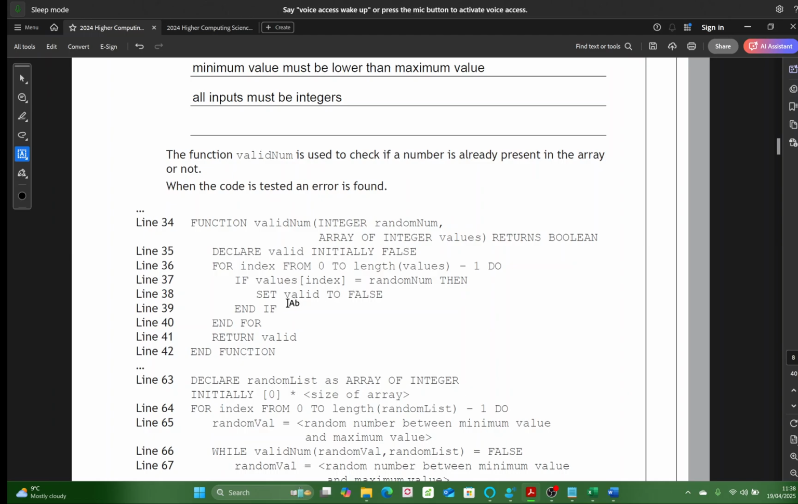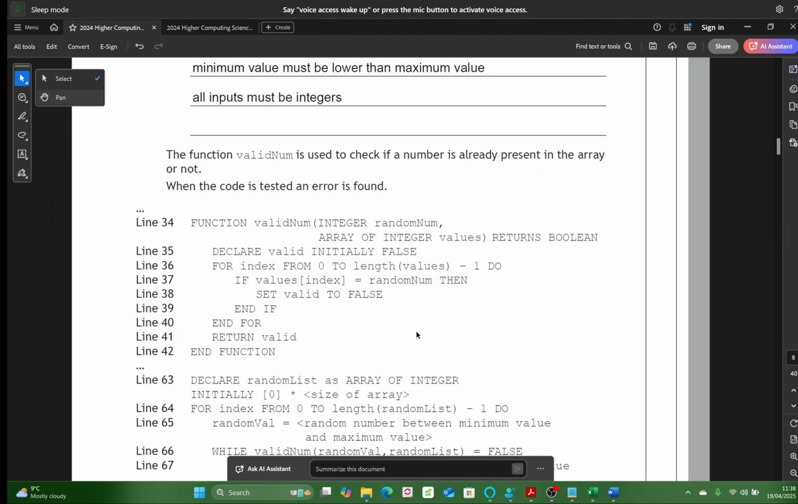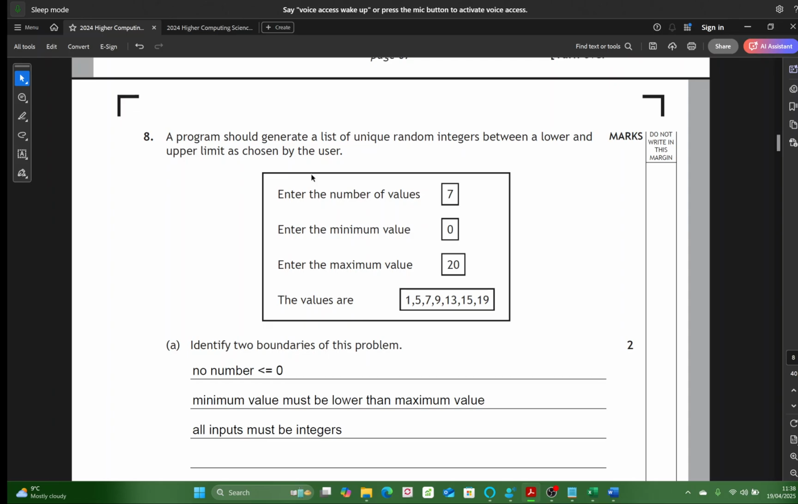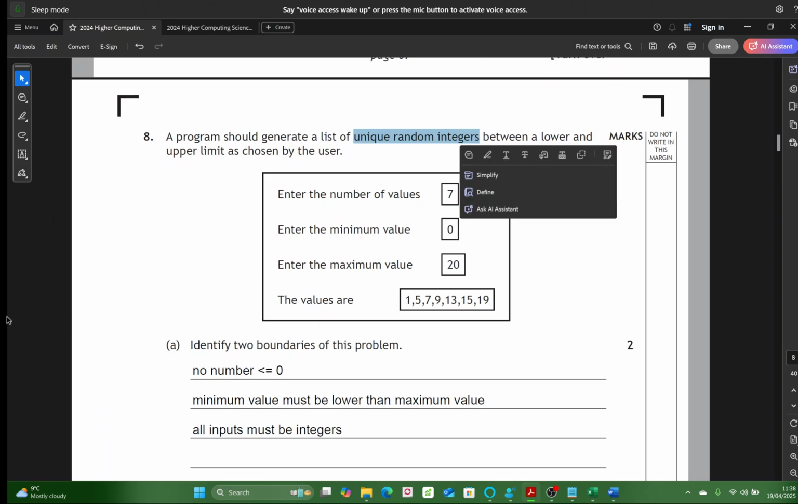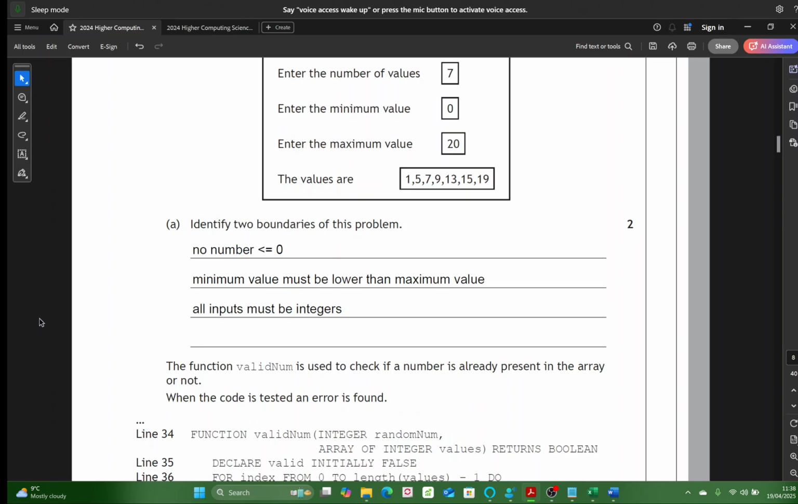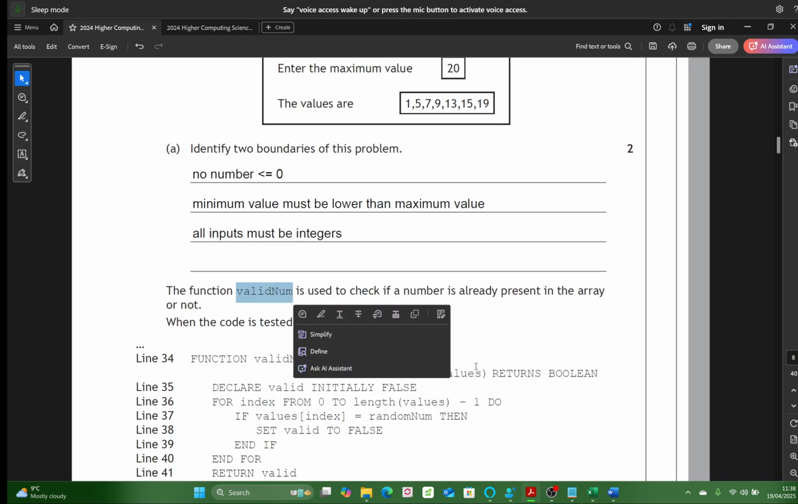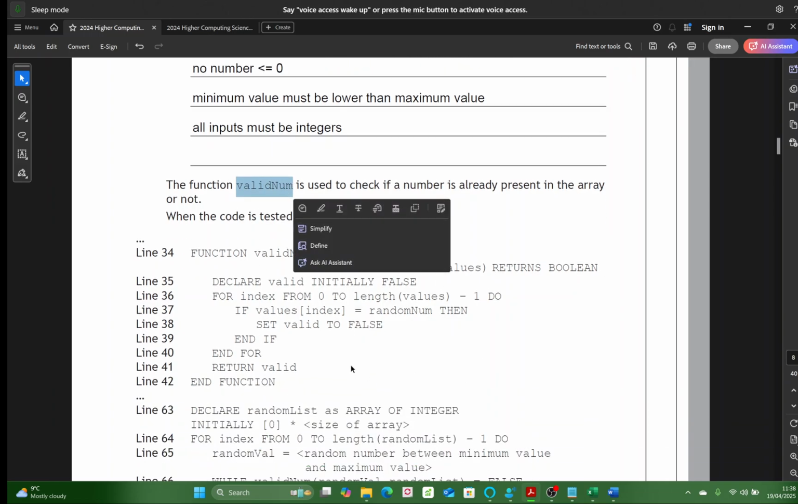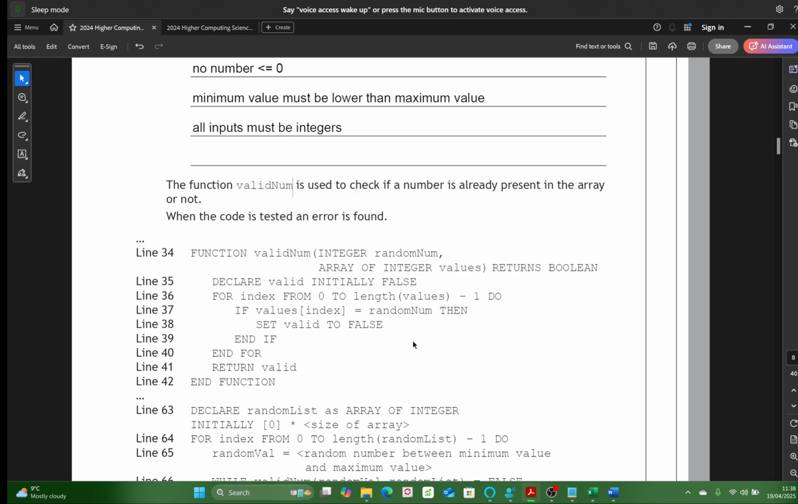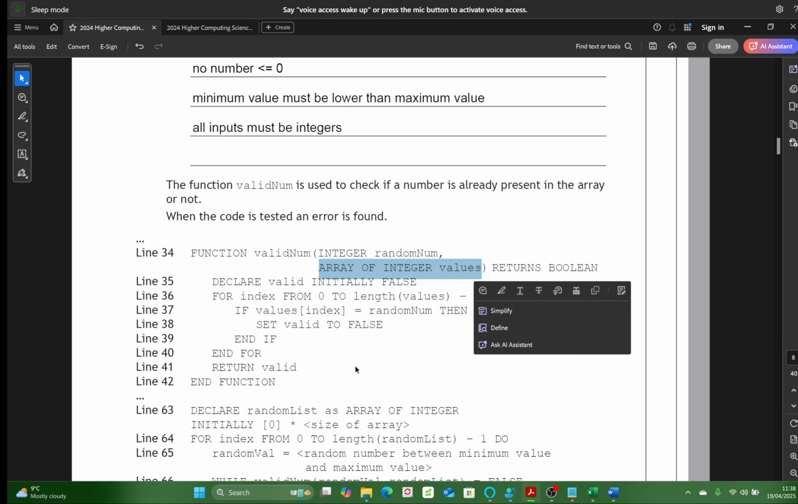So here we have a function called valid num. It's used to check if a number is already present in an array or not. What's going to happen is generate unique. There's got to be unique random integers going to be generated between a lower and upper limit. And valid num is going to check that the number has not already been generated. So we want to see if a number actually exists in an array. So array of integer values, that is a variable,